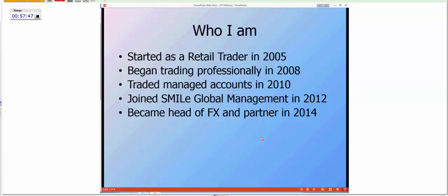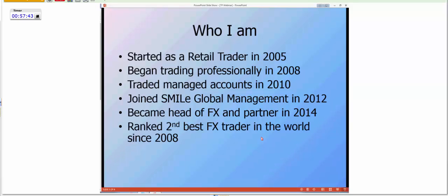Now, during that time, I became ranked as the second best FX trader in the world between 2008 and 2013, up to this point at the moment. Now, the way that happened is, if you want to trade for clients, particularly in a regulated environment, you have to have verified performance. That doesn't mean it's a spreadsheet saying, oh, look at the trades I've taken. What that means is you have to have your accounts investigated by